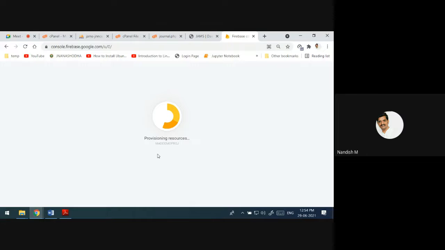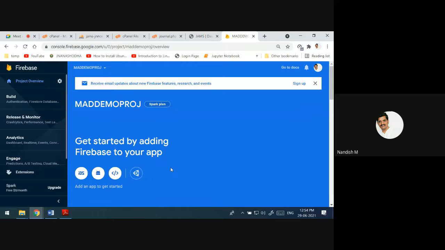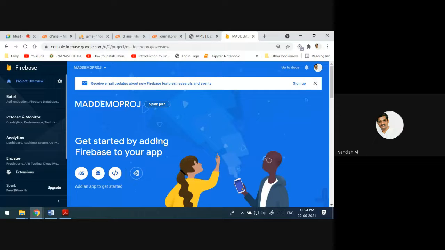Whatever window you are going to get, that is called the project console. Okay, see, now the project has been created.